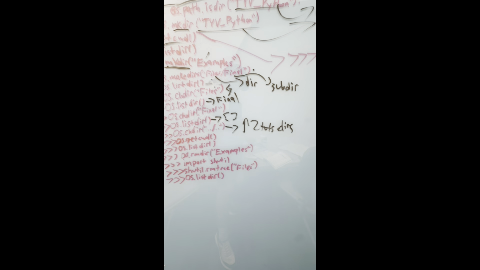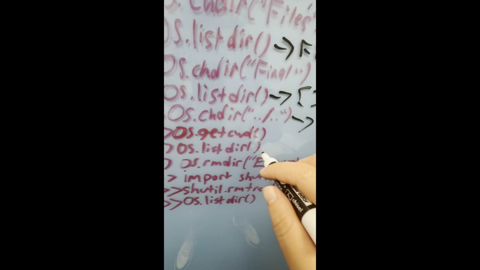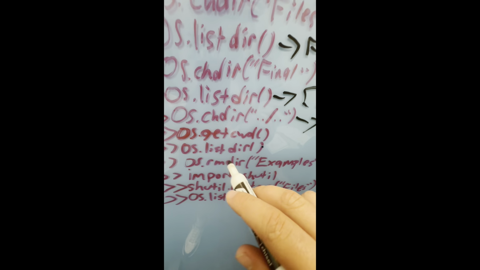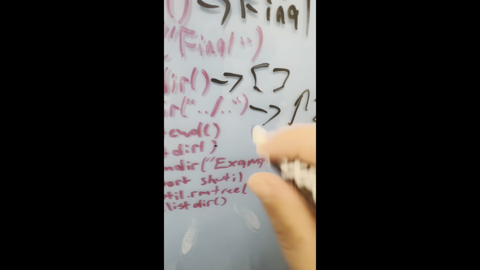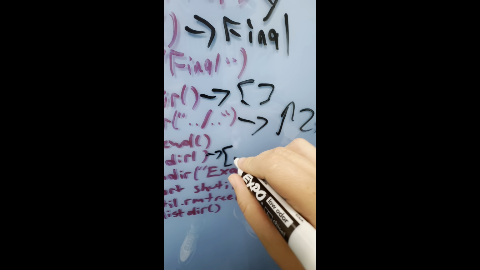Wait a minute. Okay, so apparently all these examples and files, those both are subdirectories to an actual directory, but I don't really know what that is, because this list command showed the contents of a directory, and in the book it showed